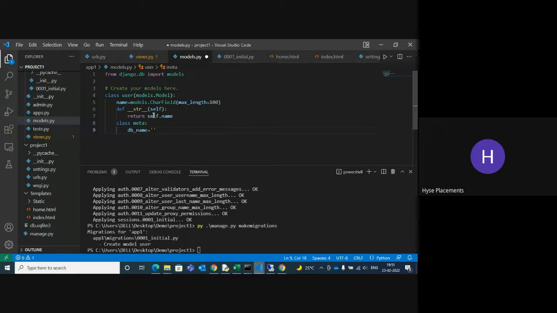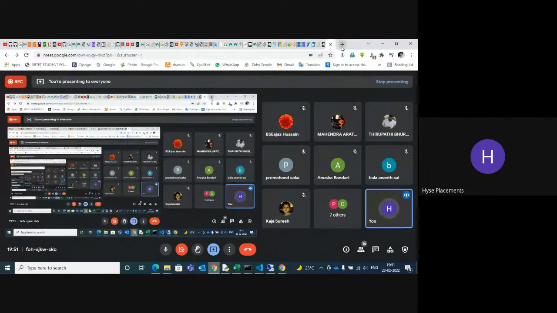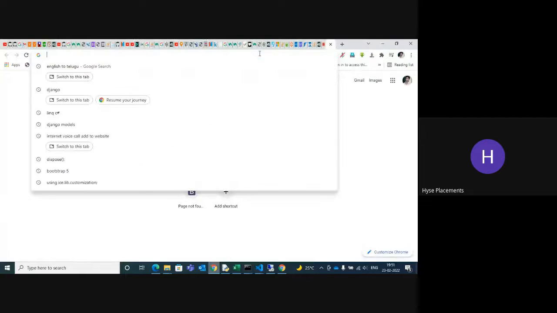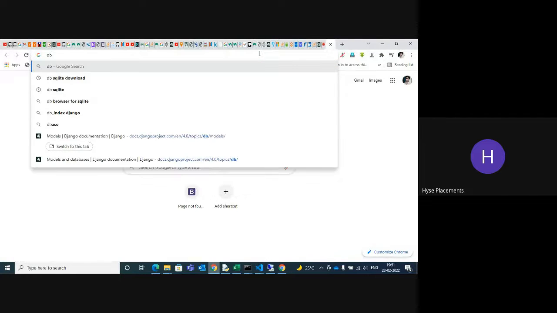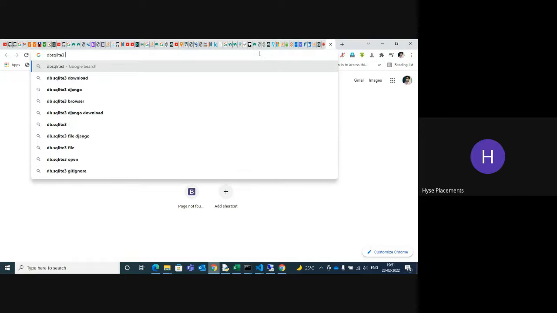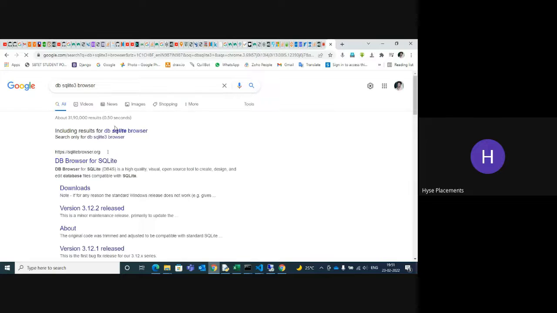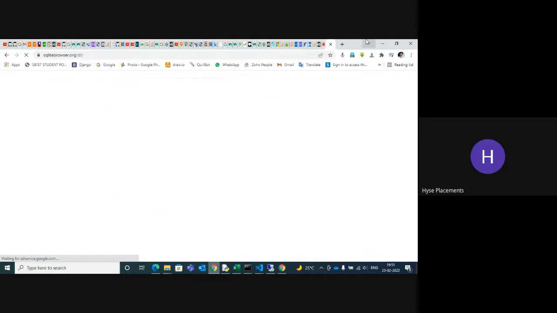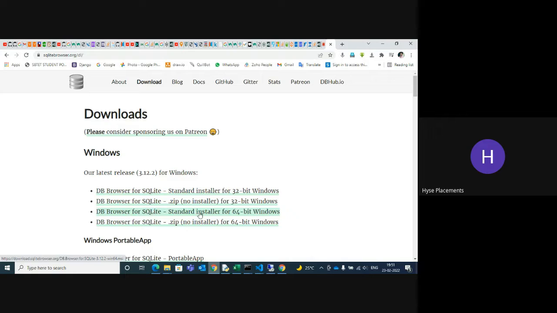give name user. Before that, first of all download this application, DB Browser for SQLite. You can see this is the DB Browser for SQLite. All of you install and download it now. This is the 64-bit SQLite 3 for Windows 64-bit.